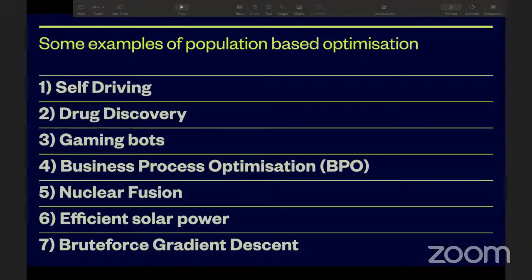Then the next application is drug discovery. In order to understand this in detail, we need to look at how exactly drug discovery works, where initially we just create random protein molecules which are known to tackle similar diseases. After we have created these protein molecules, we test them on a sample virus.